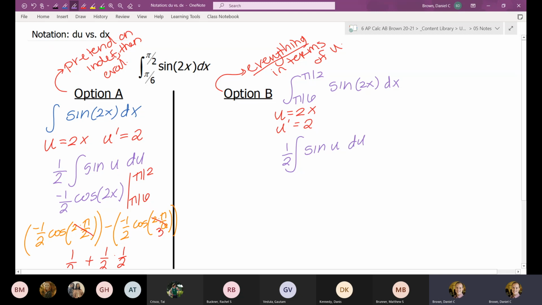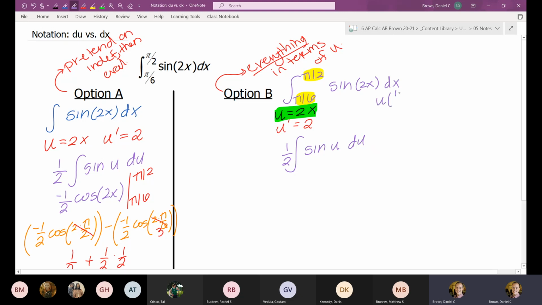Looks identical, but we're going to translate these numbers we have, so the pi over 6 and the pi over 2. Right now those are x values. We're going to make them u values. And how do we make them u values? Well, this is an equation. We did say u is equal to 2x. That gives you a relationship between all the x's and u's. So if u is equal to 2x,